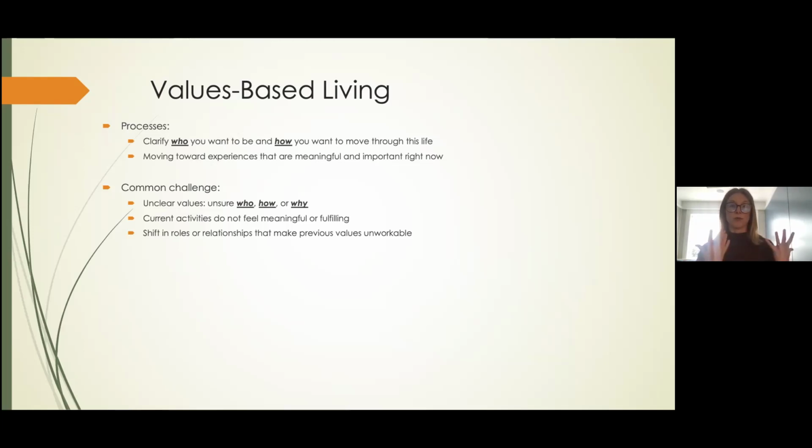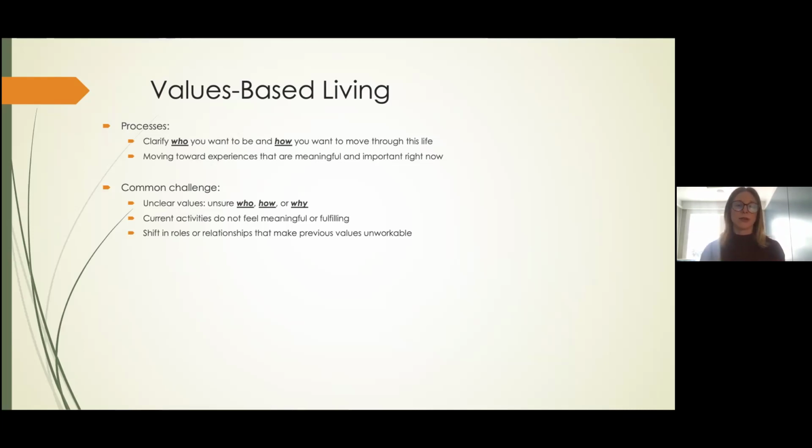So someone may come in with very clear values, and that may not be part of your early work. It might just be identifying those, making sure we understand as the clinician what those are, so we have that language, and then moving on to another process that is perhaps more in need for someone. Reviewing values, even if someone is already connected, is also a nice entry point for early sense of accomplishment.